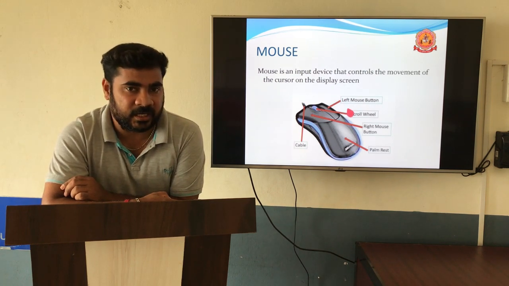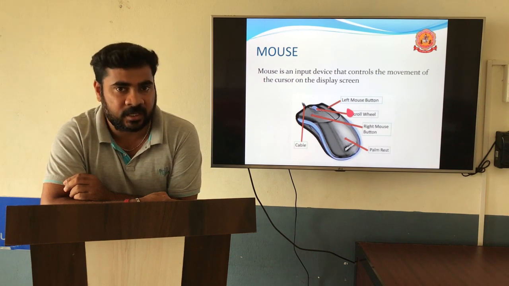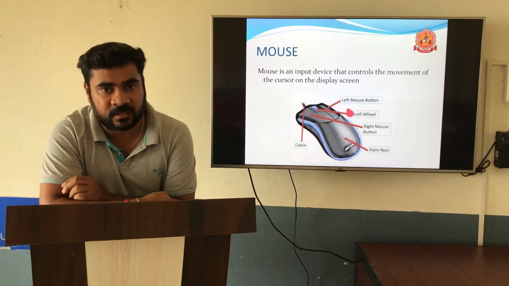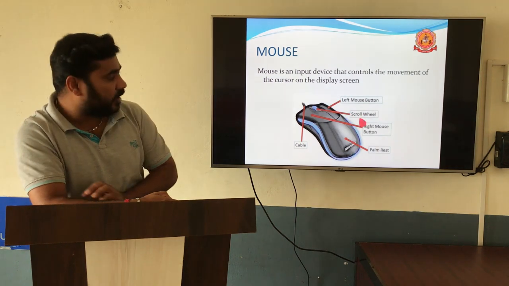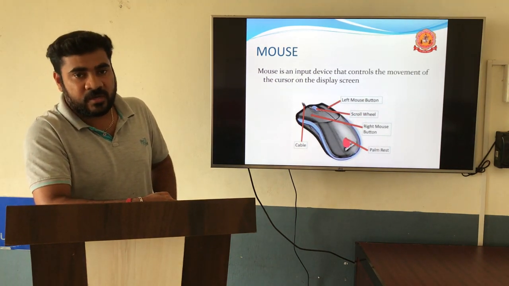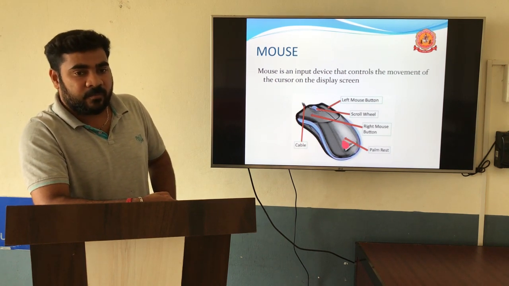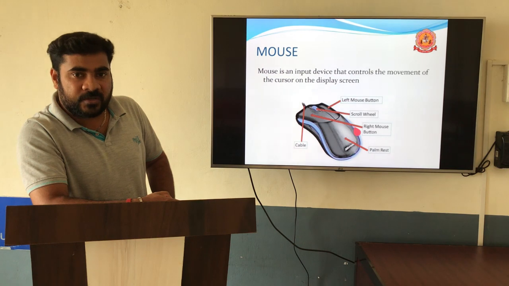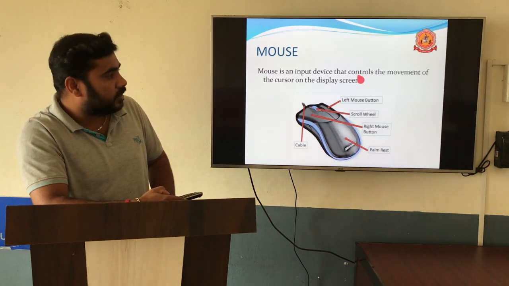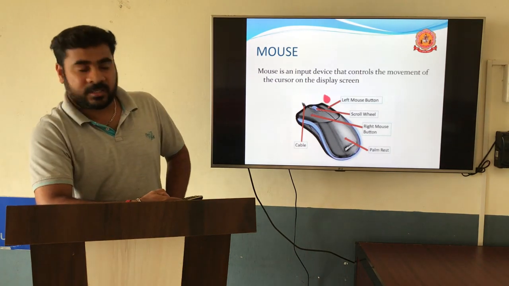A mechanical mouse is mechanical in nature. It uses one rubber ball or metal ball that rotates, and based on that it produces the cursor on the screen. If you take the optical mouse, it uses laser beams. When you move the mouse on a mouse pad, based on the laser beams, it will produce the angles, then it will display the cursor on the screen.